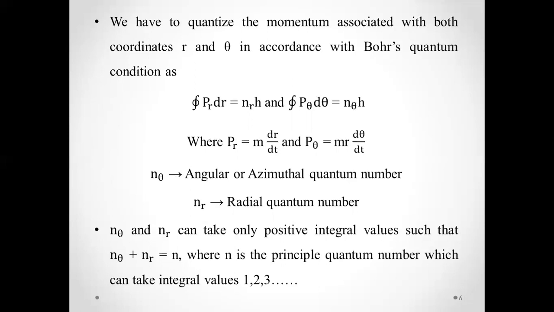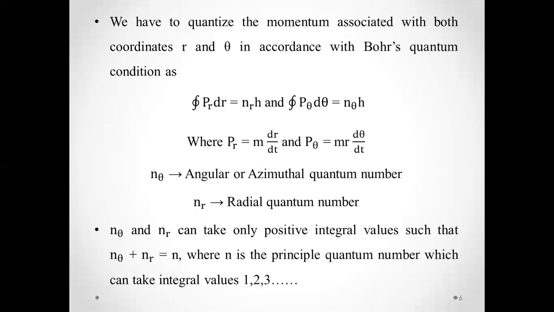The integral of the radial momentum Pr dr must be equal to nr into h, and the integral of p theta into d theta must be equal to n theta into h, where Pr is the radial component